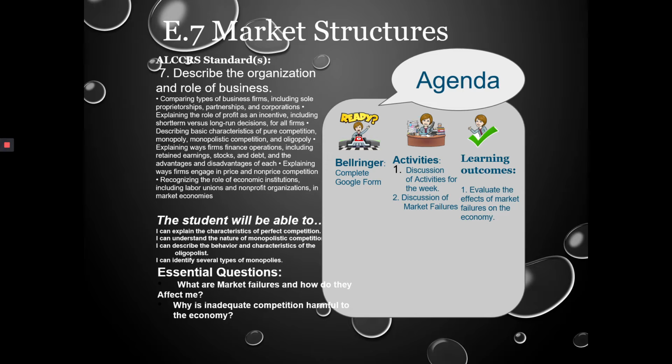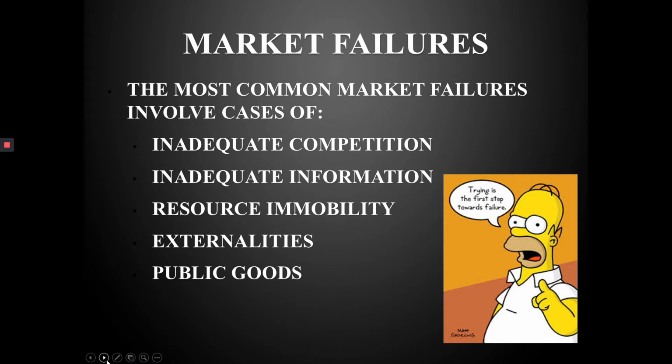Specifically, the majority of our conversation will be looking at market failures. What happens when the markets rather don't do what they're supposed to do? And it says some of the most common market failures include inadequate competition, so monopolies, right? We said a monopoly last class. We said monopolies are industries that are operated by one company. They hold the share of business in that particular